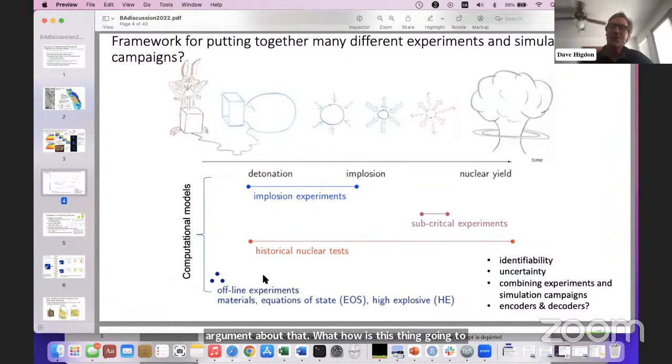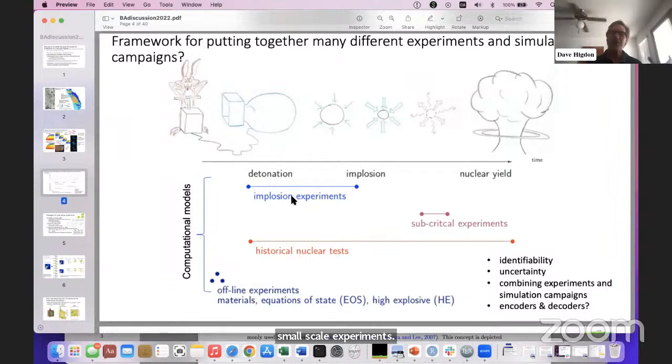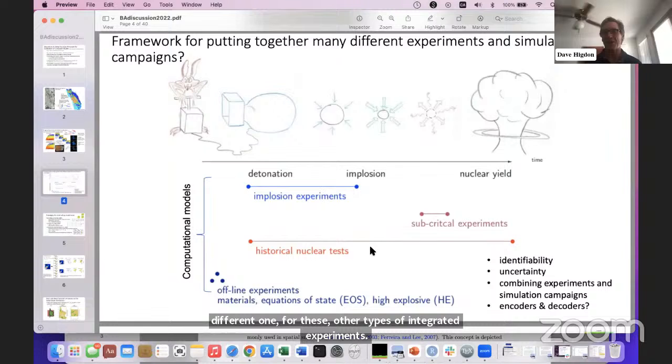So this idea of putting together lots of different small calibration problems to make one large, massive one is one of the challenges that shows up. And here, maybe the codes are very similar all the way around, but in other computational settings, you might have a different computational model for the small scale experiments, for one type of integrated experiment, and for other types of integrated experiments. But here's a place where, again, this framework of how we combine this stuff in a sensible way is